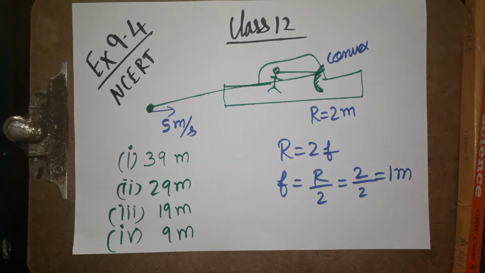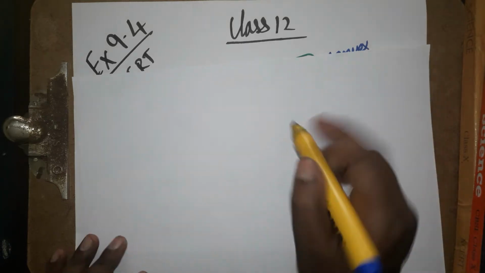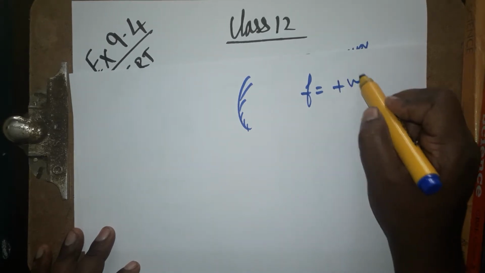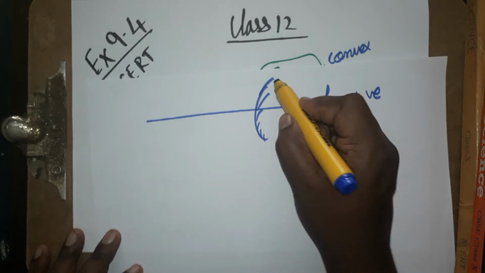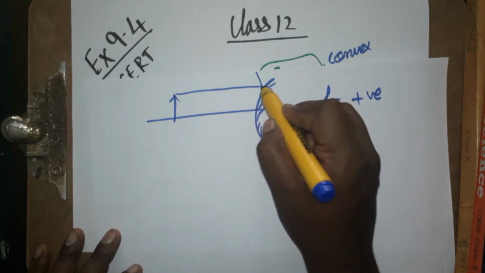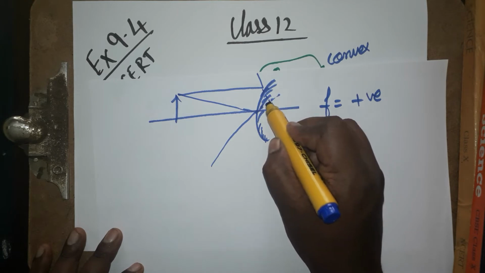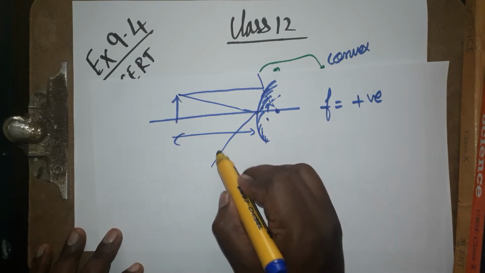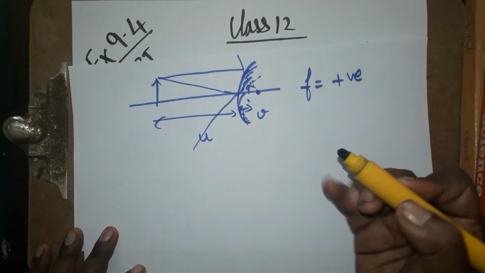First we will discuss one by one. First you need to know the convex mirror property. For a convex mirror, the focal length is positive. We have only one case in a convex mirror. When the object is placed like that, the parallel ray will be reflected away from the principal focus and the center ray will be reflected like this, so both appear to converge here. The image will be formed at this point. The object distance is u, and the image distance we take as v. The image is upright, virtual and erect, that's a different story.